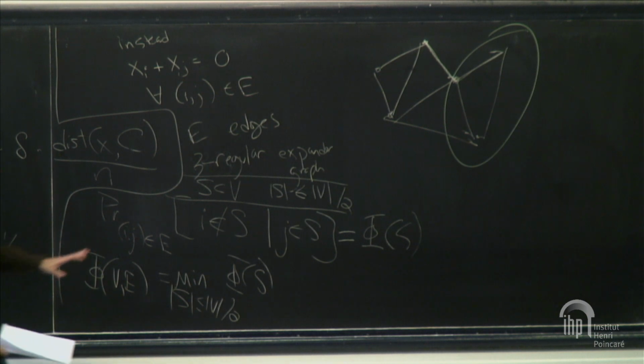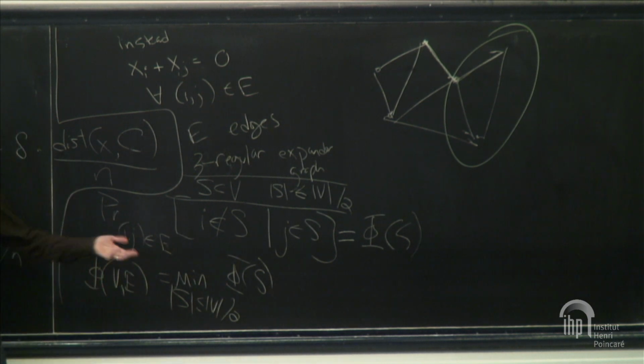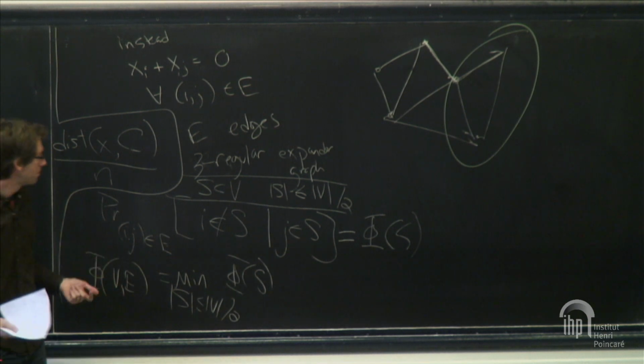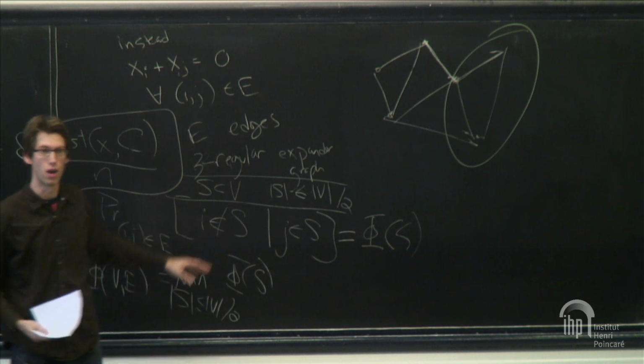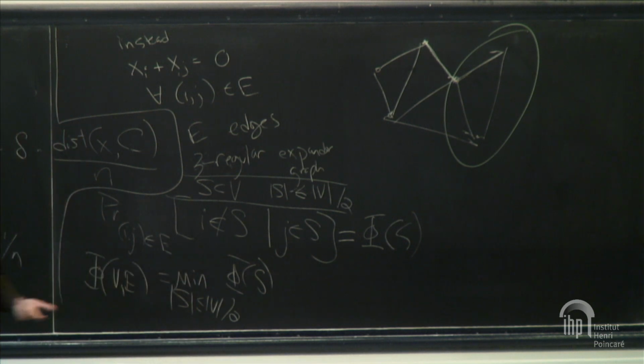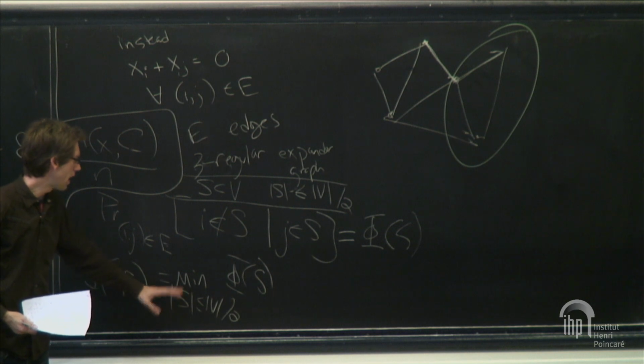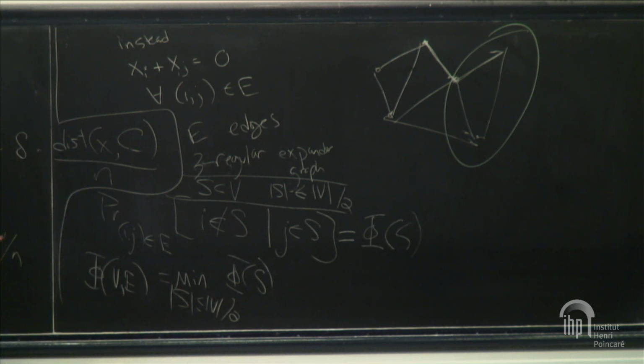We'll see there are a few reasons why half is natural. One obvious reason is if you took the set to be all of the vertices, then this probability would be 0. Or if you took it to be almost all of the vertices, the probability would be almost 0. So there's a kind of trivial reason why it can't be too large. But there's a generalization which also makes it clear why this should be the right thing. So an expander graph has the property that this is lower bounded by a constant. And this expansion condition is exactly what you need for the repetition code to become a locally testable code.